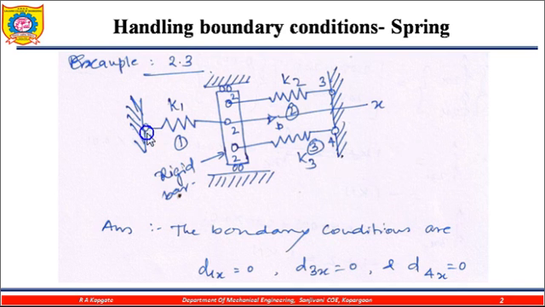Here you can see this is node 1 and this is node 3 and 4. The spring is connected to this plate, and later this plate again has other elements, and these elements are fixed to this one, and this is also fixed. So the elements at node 3 and 4 are fixed and the element at 1 is fixed.